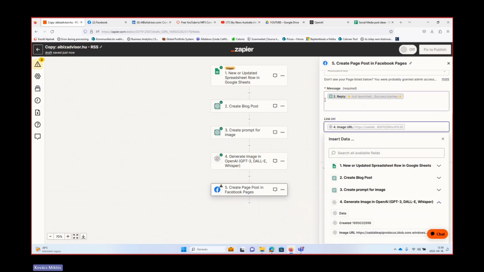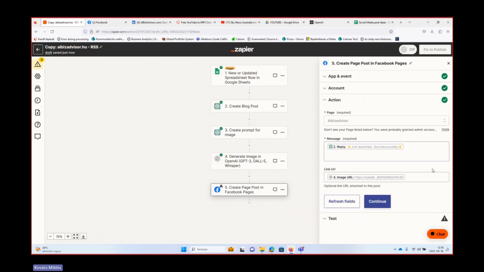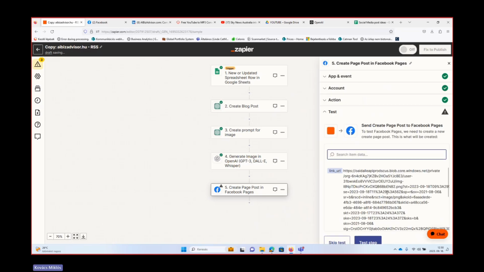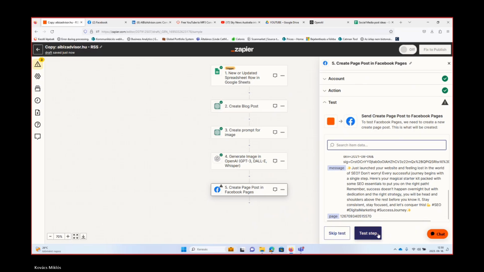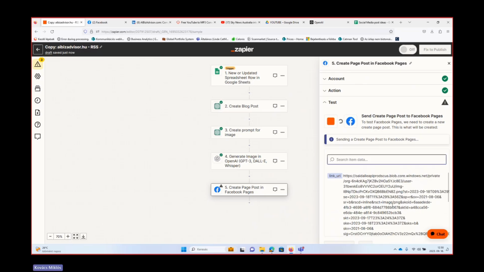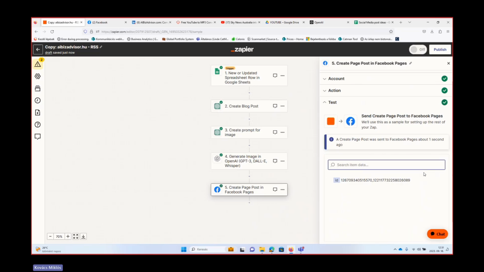So the image URL should come here. Okay. And then let's test this workflow. I'm also curious because I just quickly created it now.